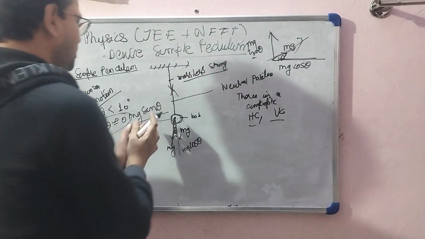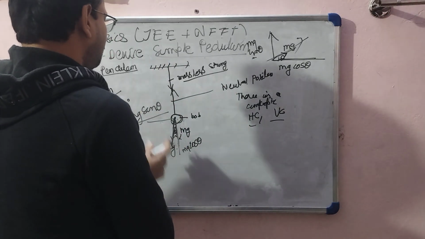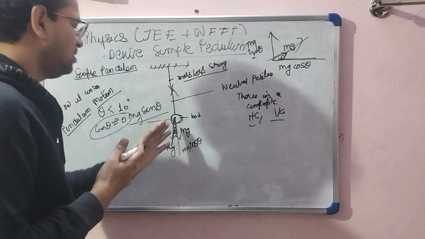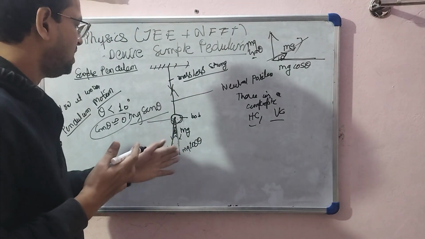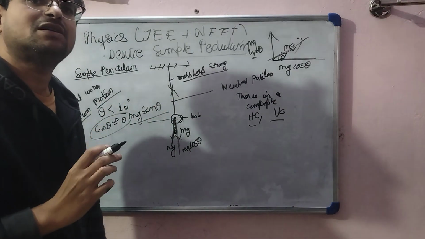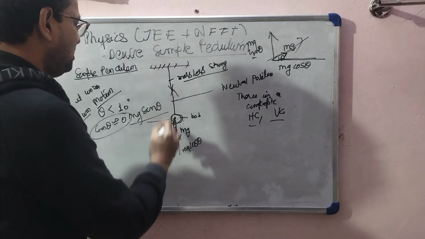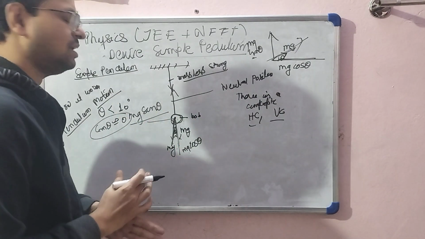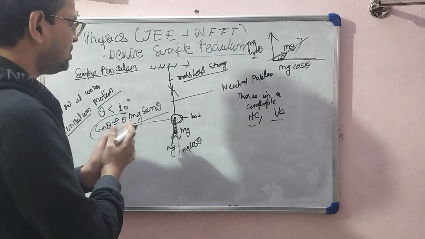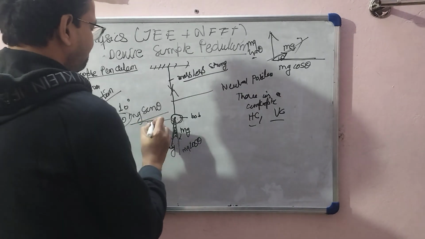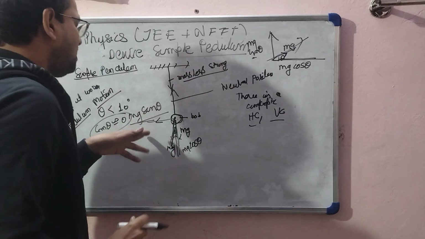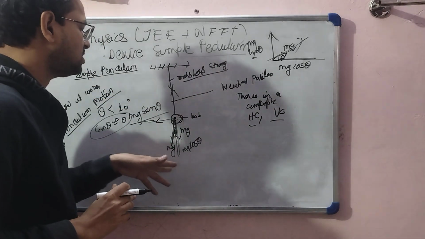When there is a balancing difference of that tension and the mass of the bob, like mg, and there is just a minute slide with the theta angle, theta less than 10 degrees, then there is mg sin theta and mg cos theta. With this balance of mg sin theta and cos theta, if there is mg sin theta, this is mg cos theta.